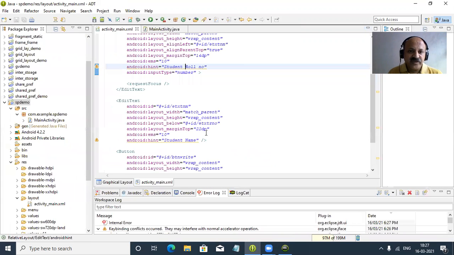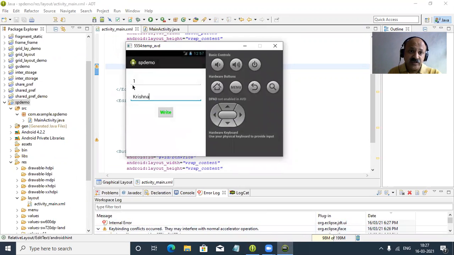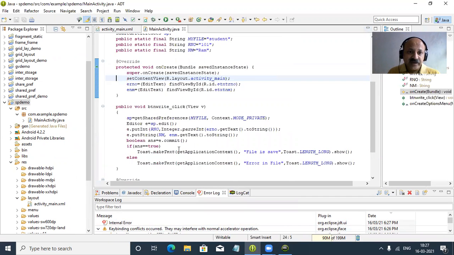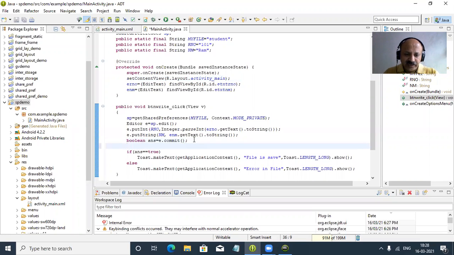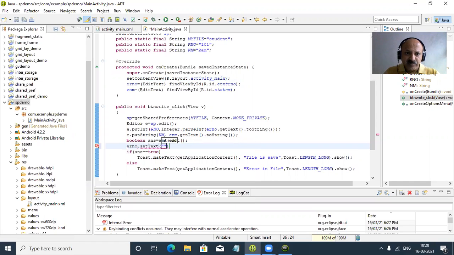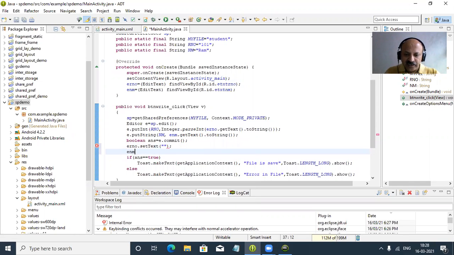So now I hope you can understand and enjoy this session. Very simple way we can explain. And here you can also see how to clear. Yes, that is also we can write. So after we write our data, that is, you can set that EditText, and that is setText. So you can look here, setText and double quote blank. So that is a method of setText with double quote blank. So after our field is written, we can clear.